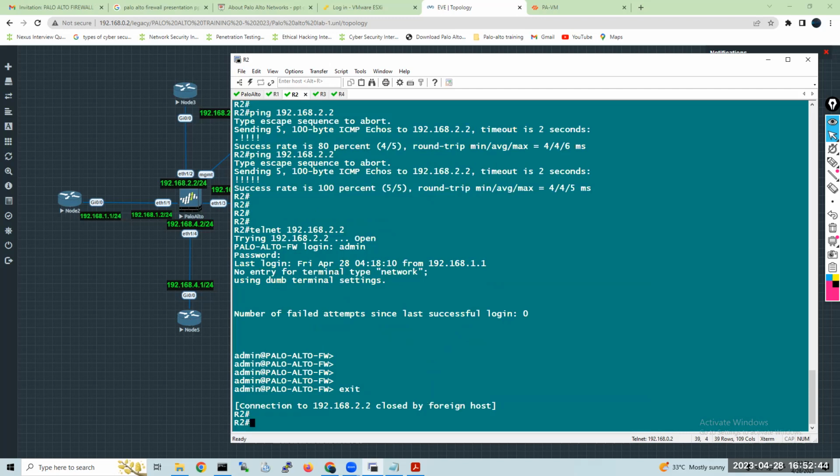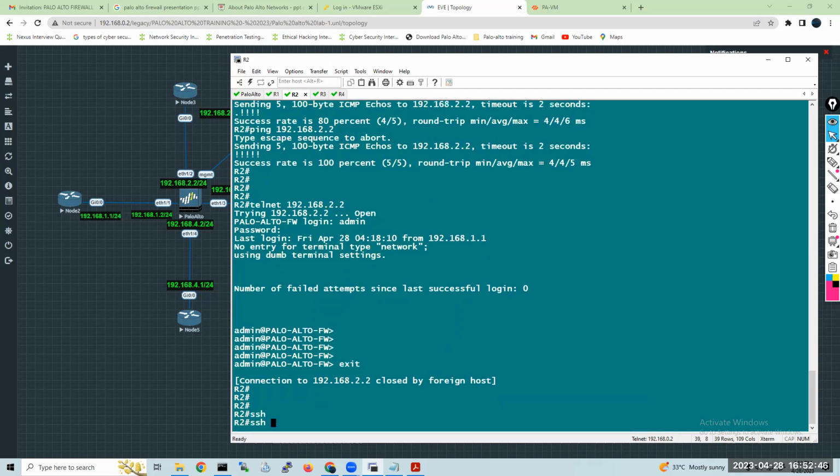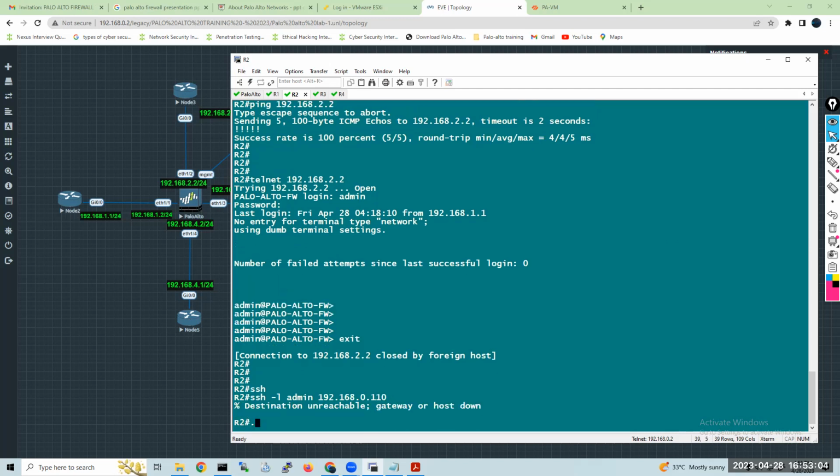Same thing here also we can do. ssh -l admin, give the username, whatever the username of the Palo Alto Firewall is, you must give that, and the IP address of the firewall. Can we do telnet to 192.168.0.110? Destination host unreachable, because that is a management IP address.